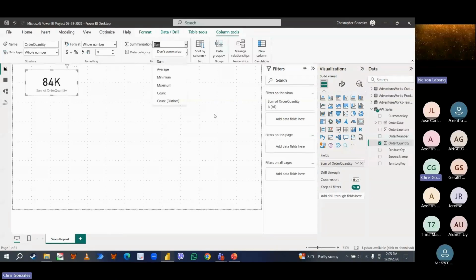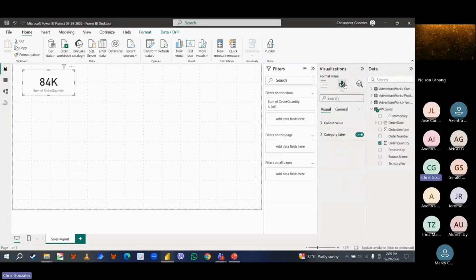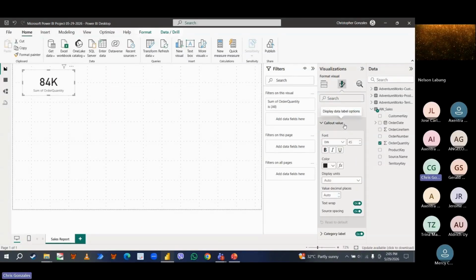Let me check the exact amount. In order to do that, what is 84,000? 84,200 or 84,100? I don't know. If I want to display the exact amount, select the card. We have here a format button for the card, and we call it callout value. You can format the card and simply change the display units to none.